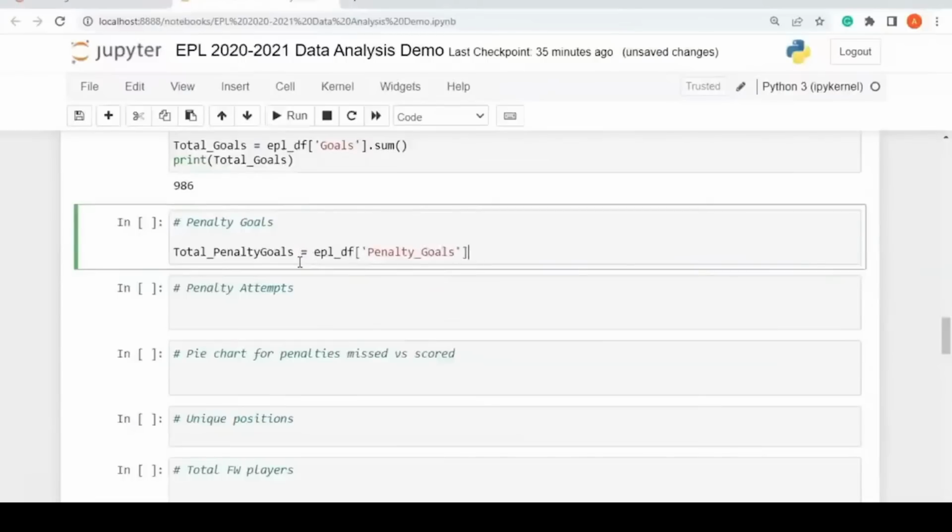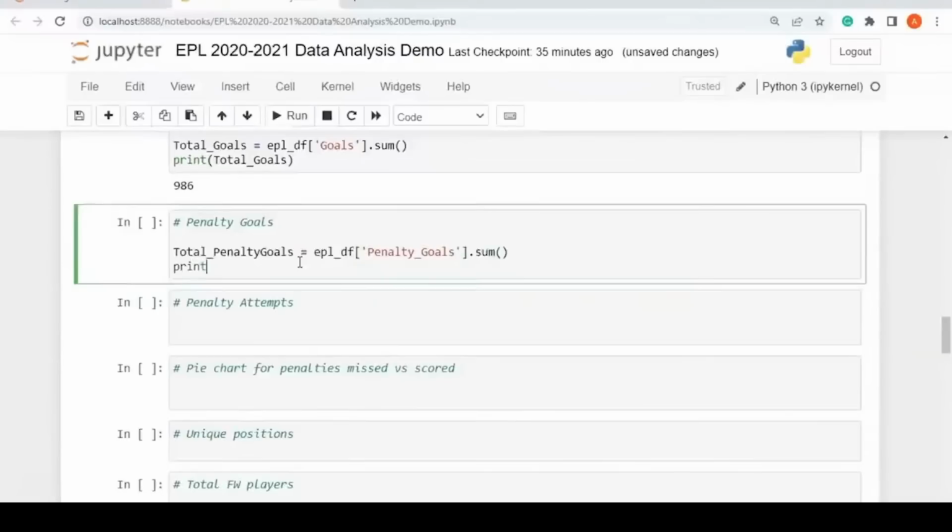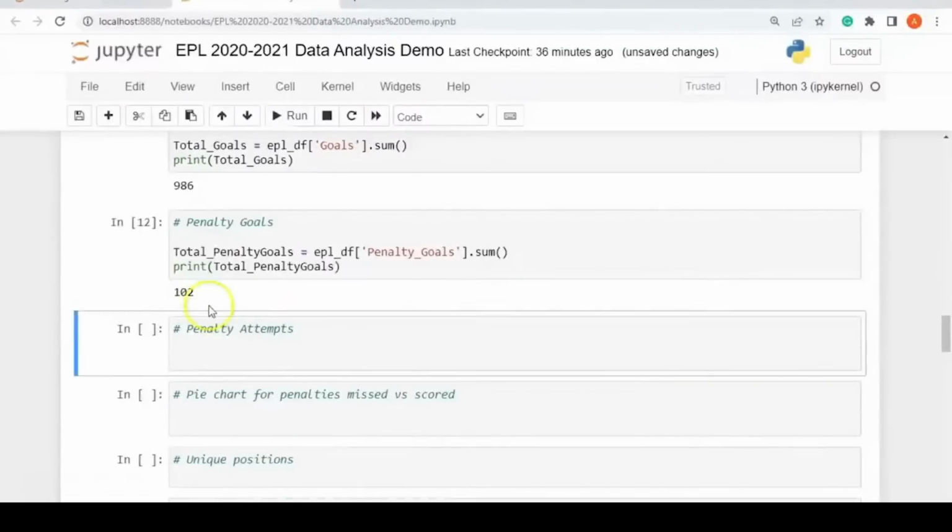Then I'll say dot sum to find the total number of goals that were scored in penalties. If you hit tab, it will give you a prompt. Let me select the second one. Okay. Run it. There you go. Here you can see out of 986 total goals that were scored in the EPL last season, 102 goals were